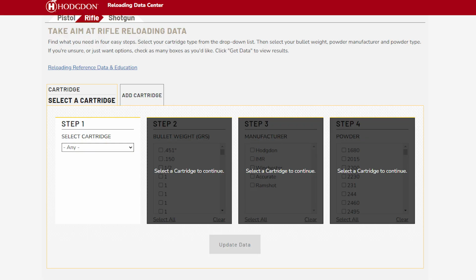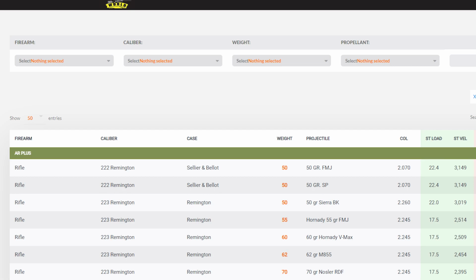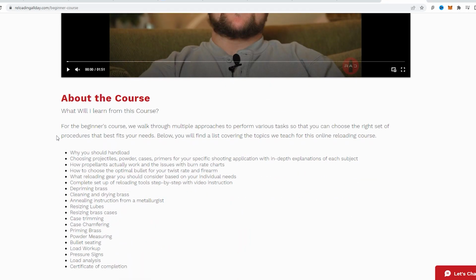The reloading manual is great, but you will most likely be using online interactive manuals from Hodgdon and Shooter's World 2 for more up-to-date data. The book even teaches you how to reload, which is awesome, but if you are a visual learner, we do